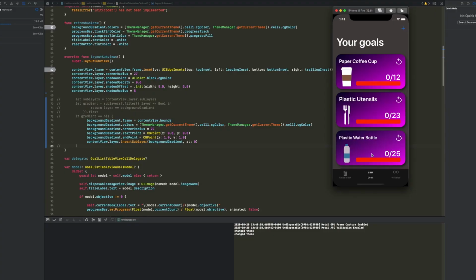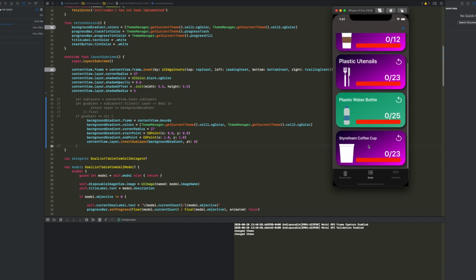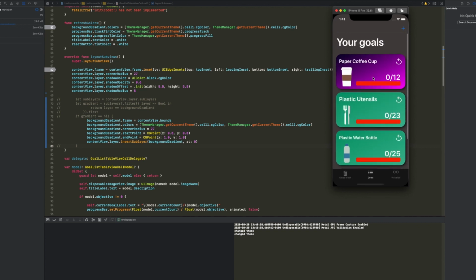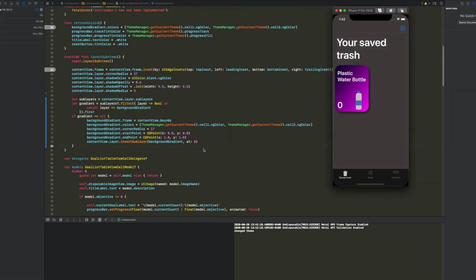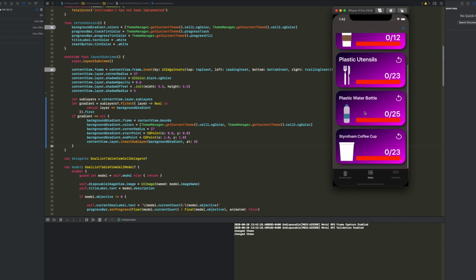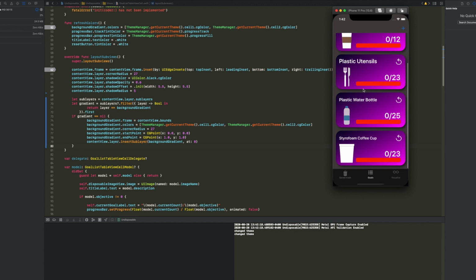One of them being the one you're seeing on screen right now, where for some reason laying out my subviews when touching or moving the cells in the goals view list was just breaking the gradient layer that was used as the background. Just adding a simple check to make sure not to touch the gradient if it was already there fixed the issue. So I basically just spent the rest of the afternoon fixing little issues like that that were bugging me. Alright, so that was it for my week.